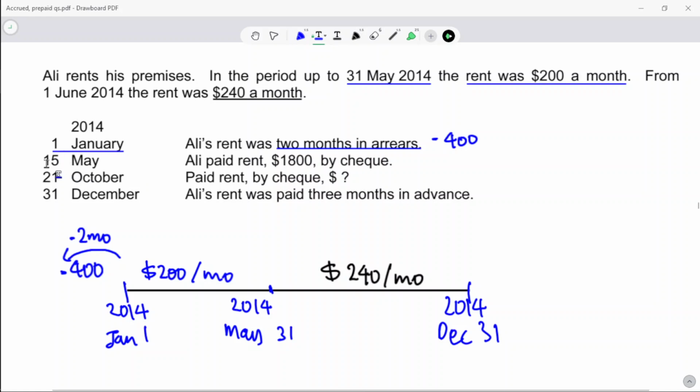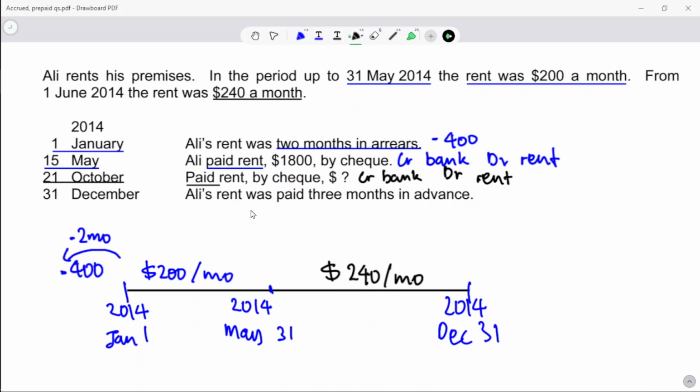Then 15 May is still the blue color. Pay rent, so it is credit bank, so debit rent. Okay, now this one, October 21, which is around here, so black color. So this one also pay rent, so it's credit bank, debit rent. Not sure. And then